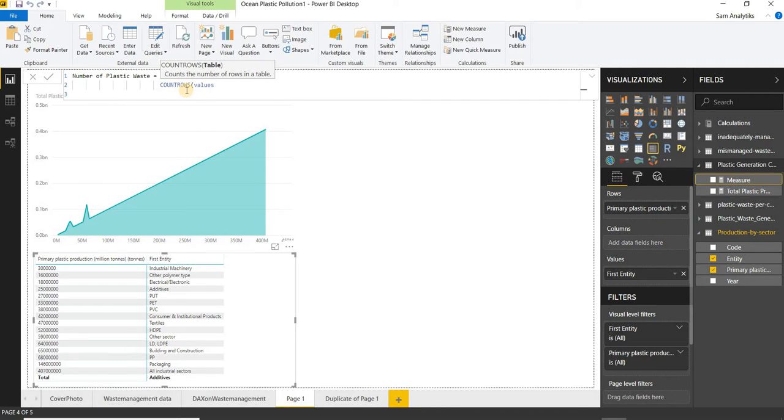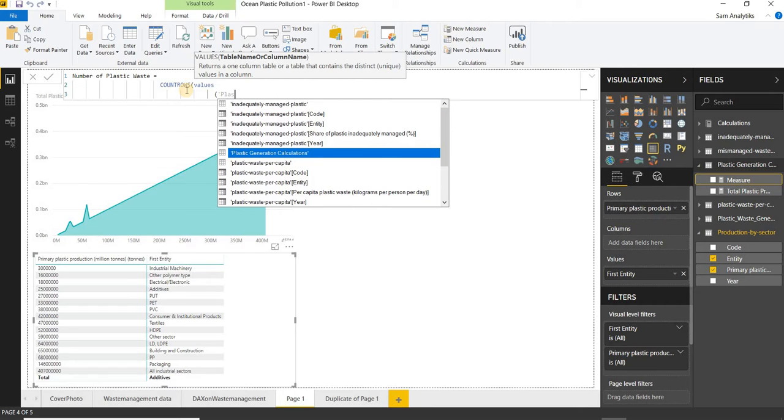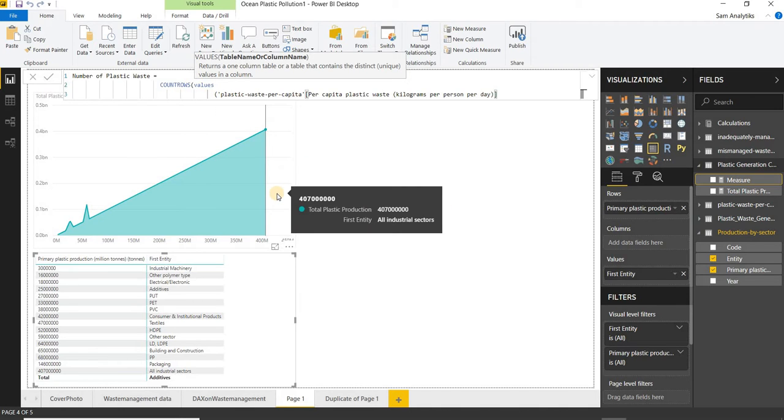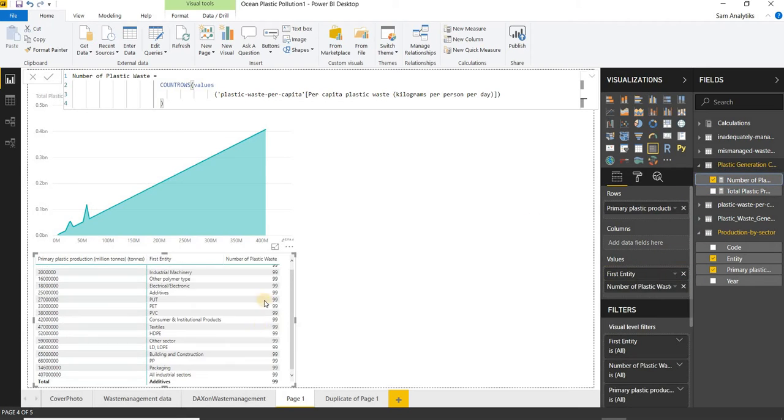So I will take the values, and in here I have to take the plastic waste per capita. So I will take this and I will lock this with my first bracket and then the other bracket, and if I take this measure, it comes down in here.